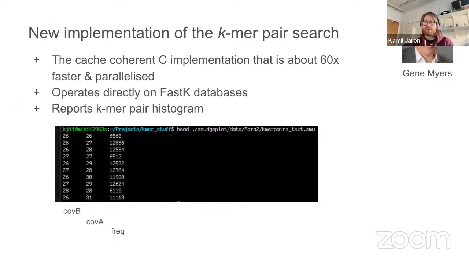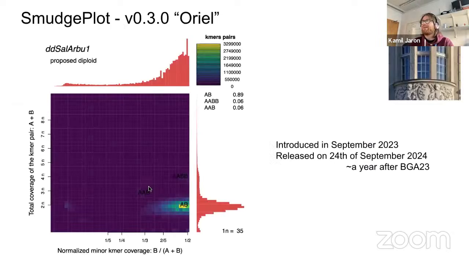And the small change that actually makes a weirdly big impact is that we used to report every single coverage. So it would just give you 6,500 lines with 2626, and then it would give you 13,000 lines with 2627. So you would have to calculate the histogram yourself. So this file would have 300 megs instead of 300K. That was a silly change, but now I think it's a lot more readable.